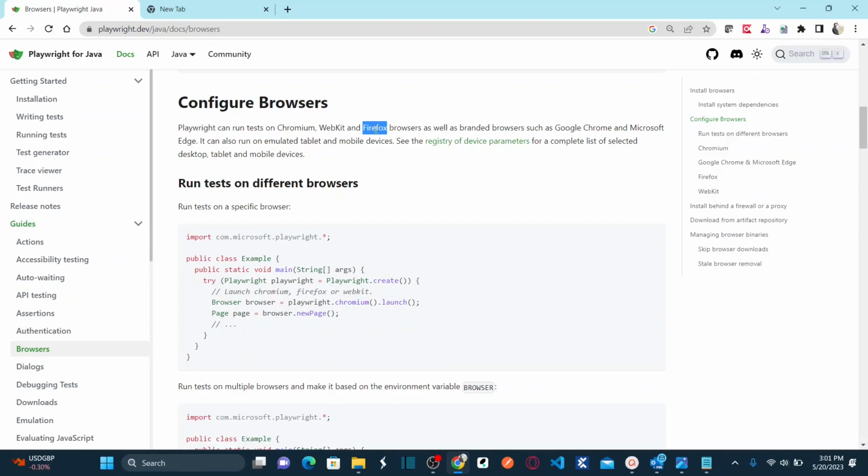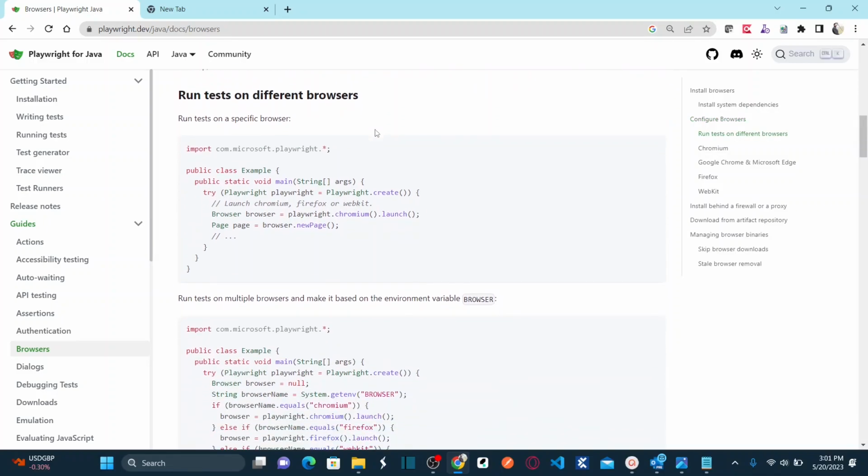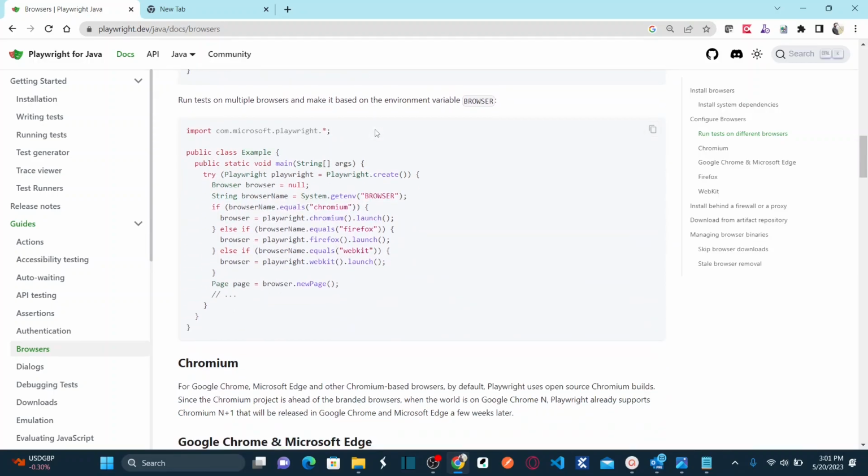Let's say the next time you run the scripts, if those binaries are already available in the system, it's not going to download the binaries again. So it's a one-time activity. If your system contains the binaries, it's not going to download them. If your system does not contain the binaries, it's going to download them, and then it's going to initiate your browser context. Okay, I'm going to explain all this regarding the binaries in my next session,